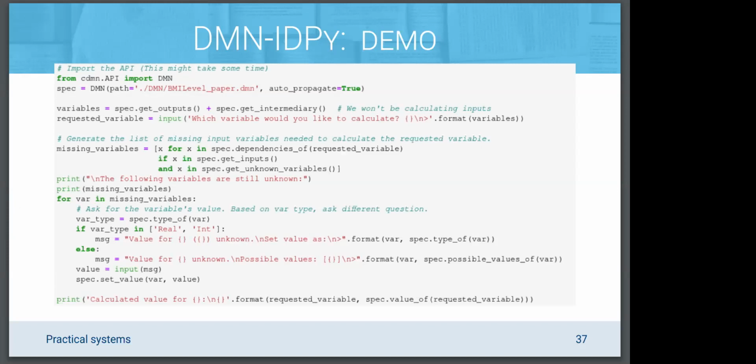So this is actually an example of subdecision. It will ask us, which variable do you want to calculate? And it will only query us for those variables that are actually relevant to query in that case. Because we can just always check, okay, do we already know a variable, right? For instance, if the BMI is, what is it again, 23, we will already know the risk level because our BMI level will be healthy. I think the demonstration will show it better than me saying words.